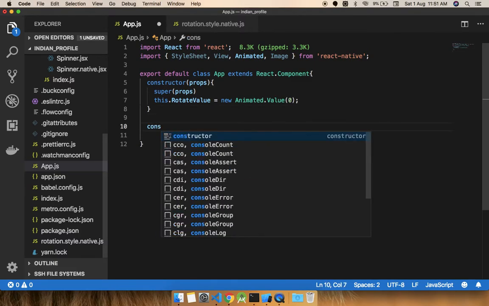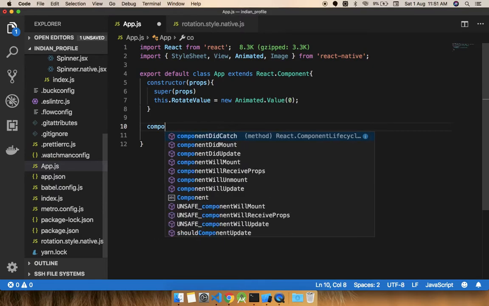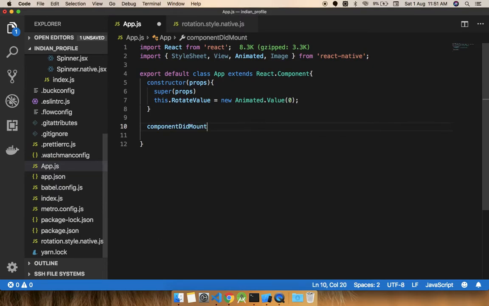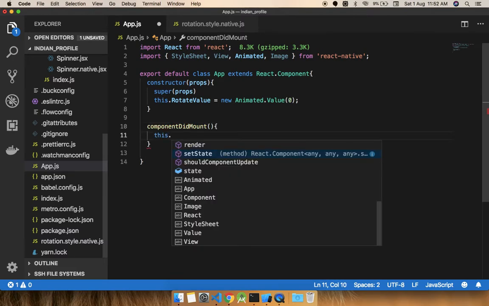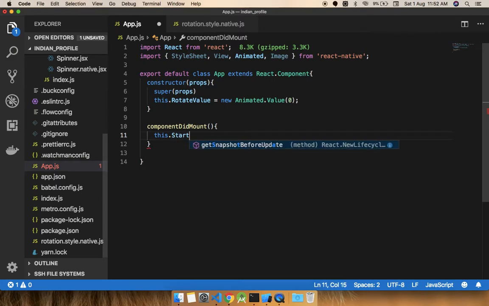So we can use componentDidMount, and inside componentDidMount we need to call a function which basically rotates that image again and again. We can suggest a name called startImageRotation.